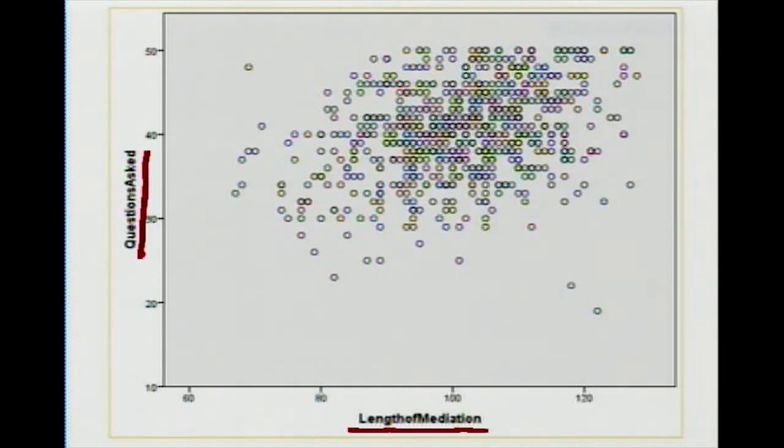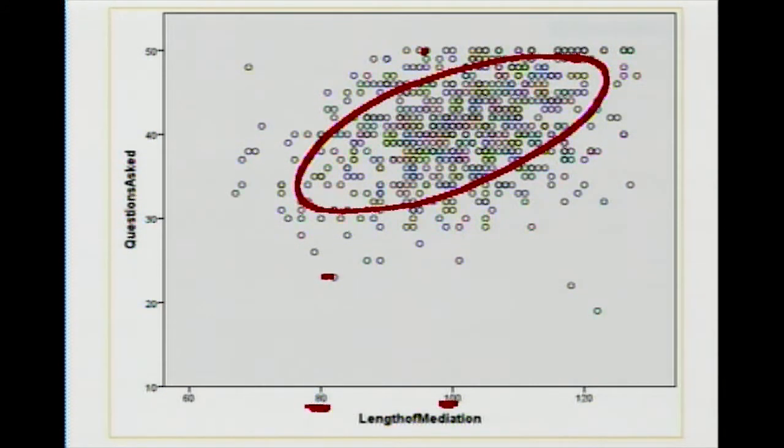And we can see that each of these dots represents a data point. You see that? So every dot represents a data point. So we could have 700 of these, right? And so as we look at that, we know that every dot here represents a data point. And so, for example, if I had an 80-minute session right here, length of mediation, and 23 or 24 questions were asked, that might be this data point. And then if I had 100 minutes of the mediation, then maybe 50 questions were asked up here. So you can see how all of the data are essentially generated into this set of dots, which are indicating each data point, and that's the paired data that we see on the matrix.